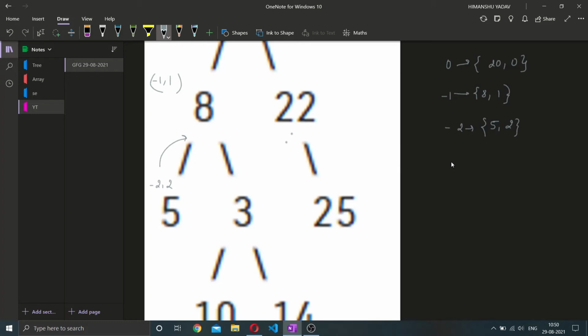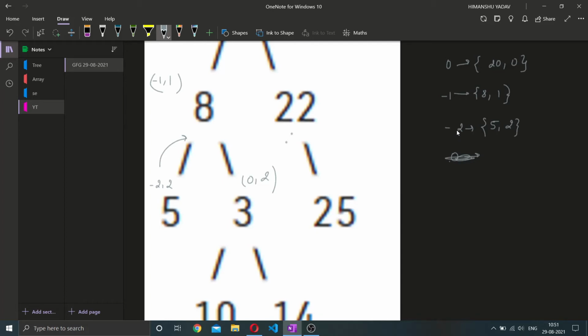At 3 the vertical will become 0, and the height becomes 2. We already have 0, so we will make a condition: if we have 0, we will check the height.